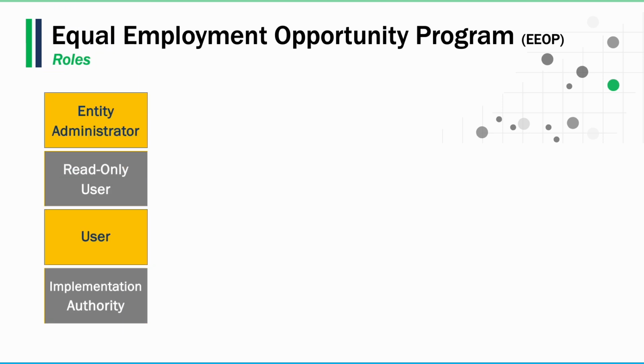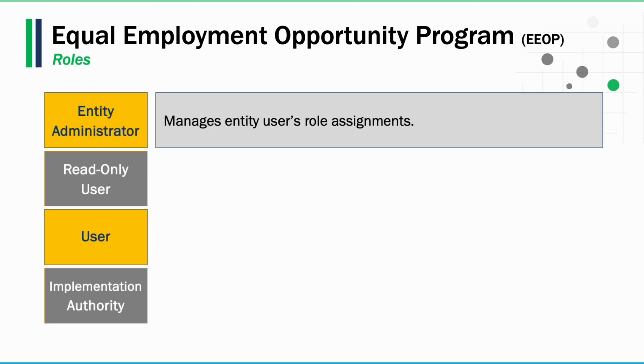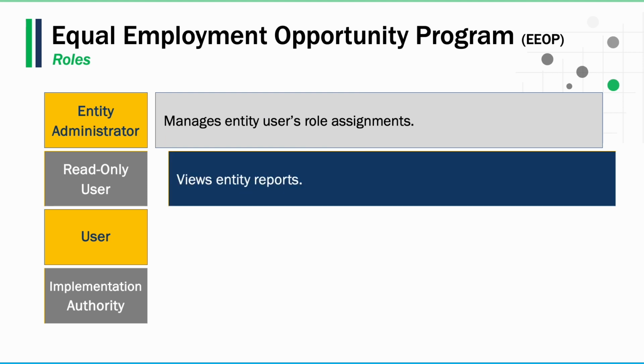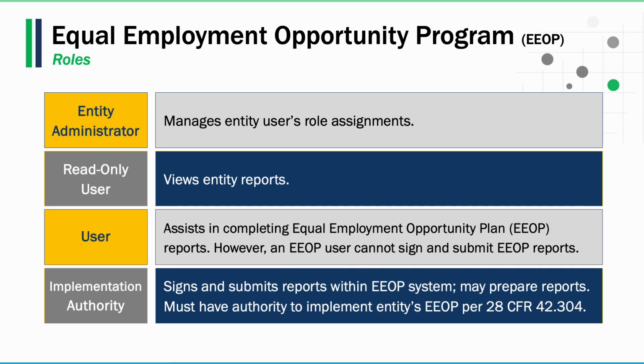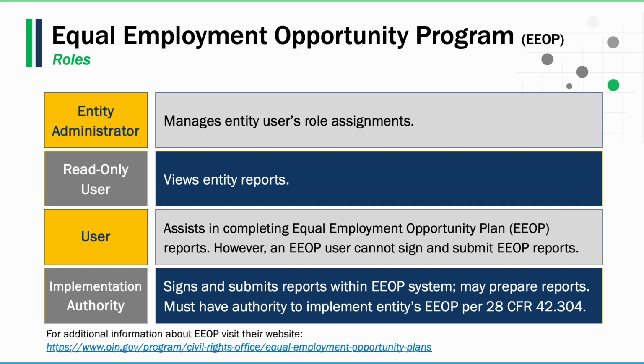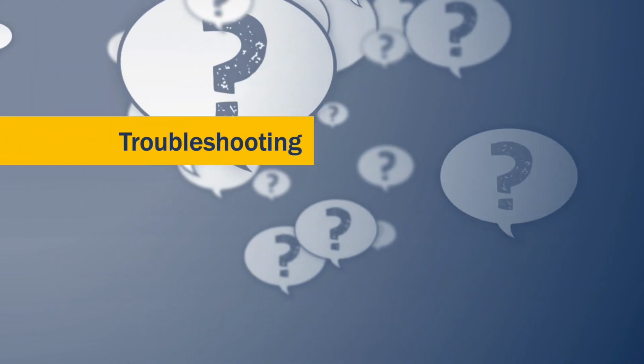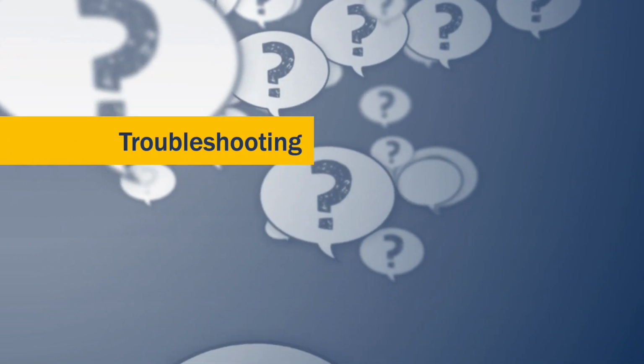Thanks, Isabella. Certain entities that receive DOJ funding are required to submit an Equal Employment Opportunity Plan. The purpose of the EEO plan is to ensure that entities receiving DOJ financial assistance are providing full and equal employment opportunities to prospective employees. There are 4 EOP roles, each with unique duties. Individual users can only be assigned 1 EOP role in addition to any JUST Grants roles they have been assigned. At this point, Isabella and I will do some troubleshooting as we run through several questions that come in regularly to support.